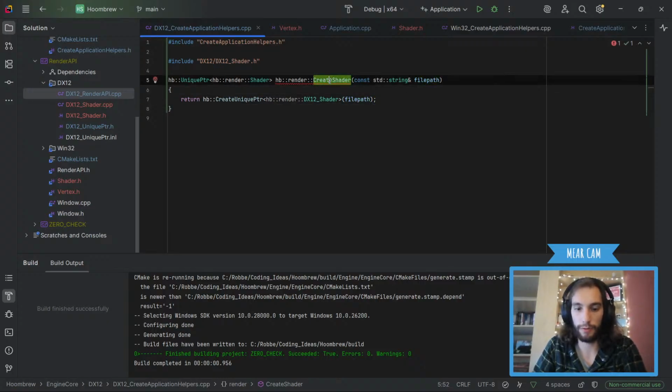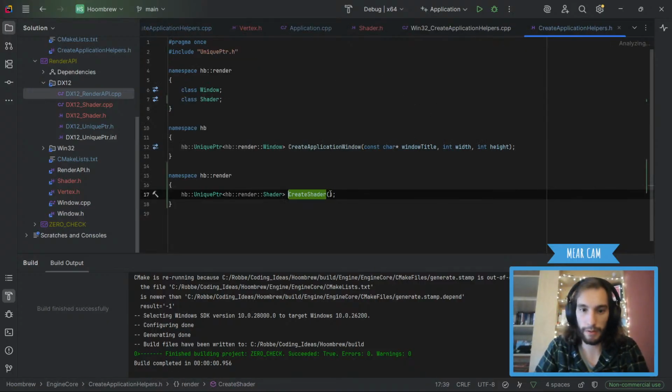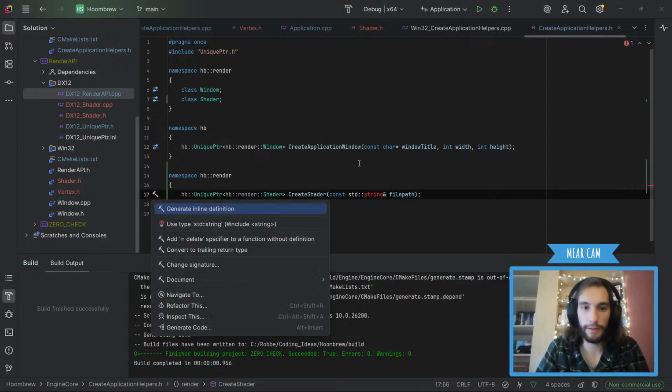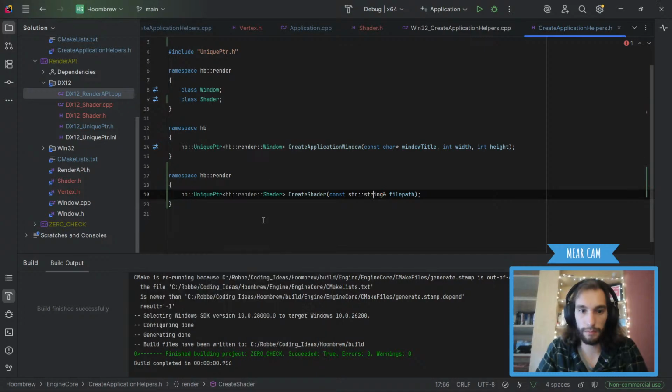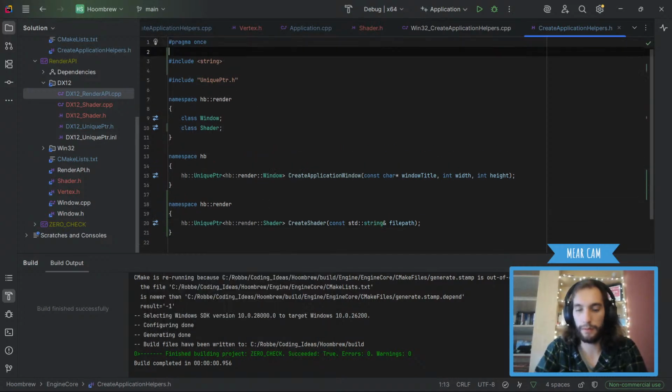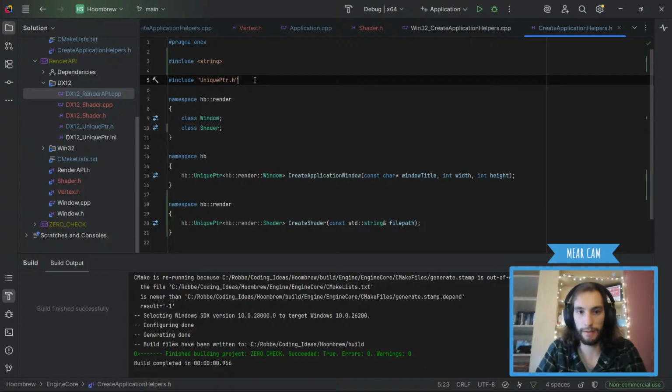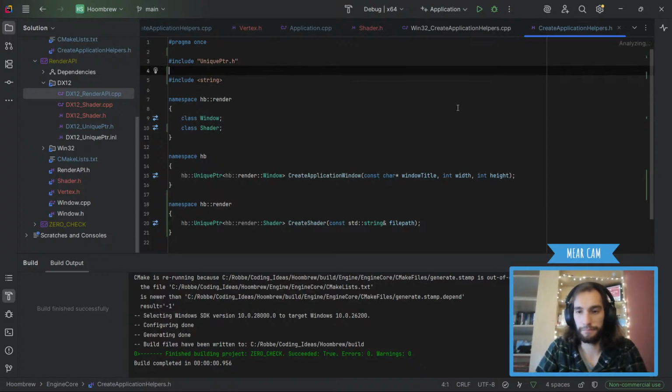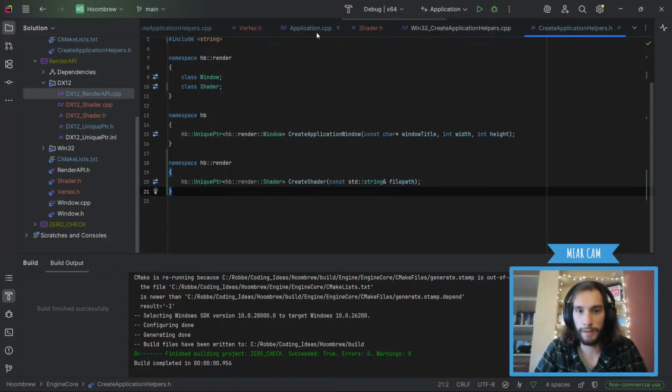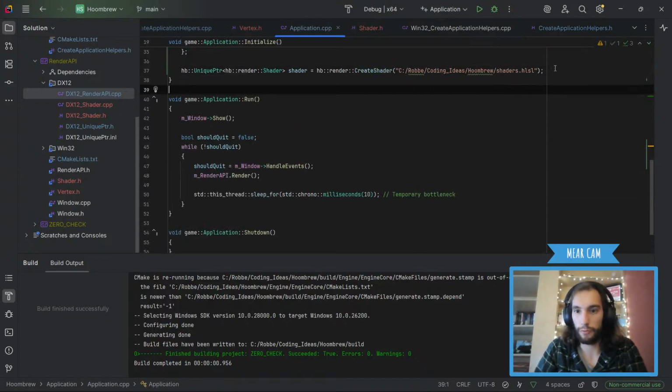Like that, and then we're gonna do this as well and put it in here, and I think we need to also include that right there. Okay, that works. Push done. So now in application it should work.